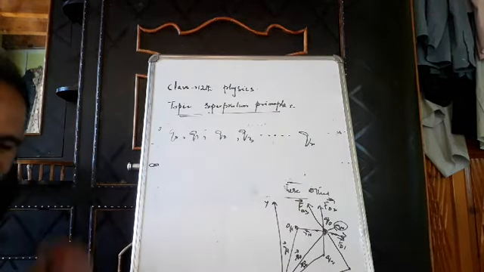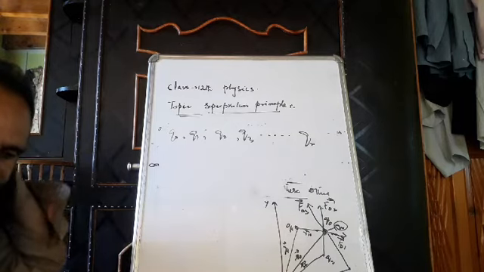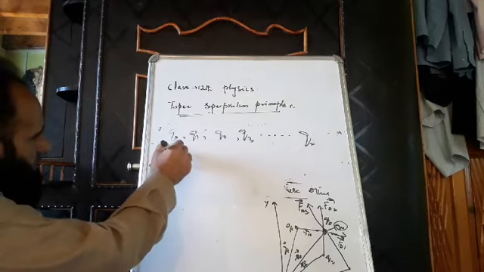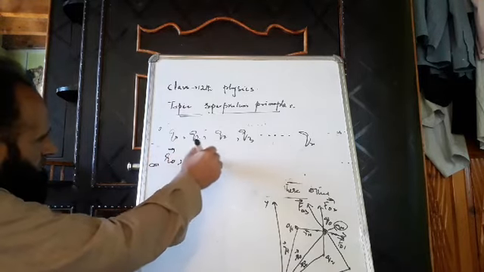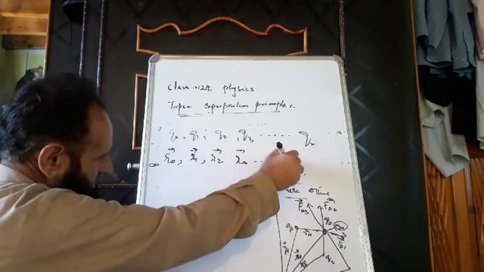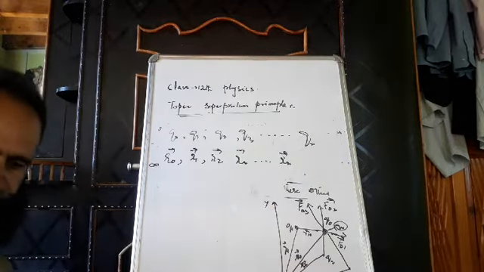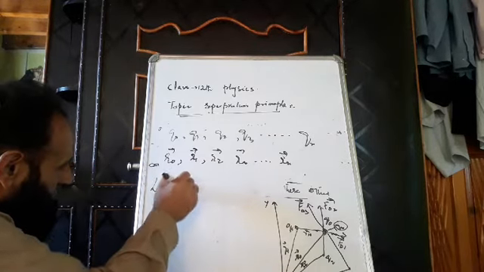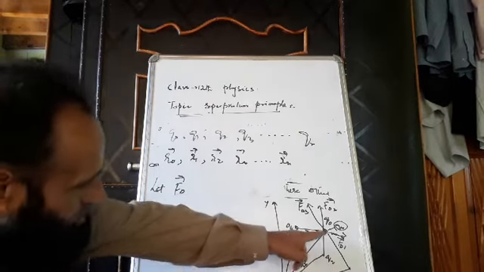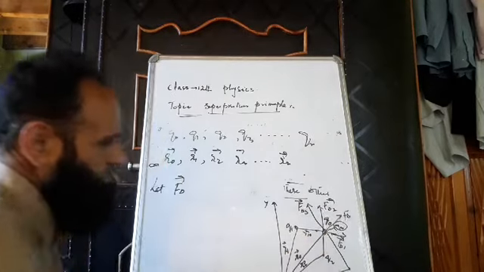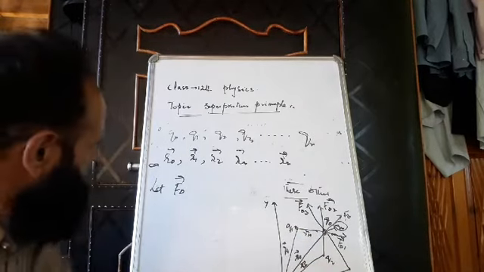These are n charges located at different points with position vectors r0, r1, r2, r3, up to rn respectively. Let F0 be the total force. We can show this F0 is the total force acting on this charge Q0,